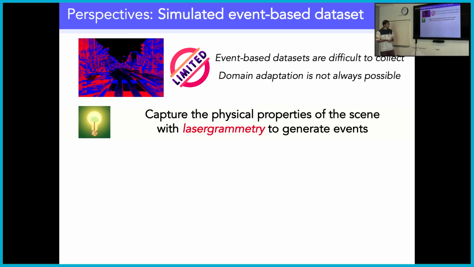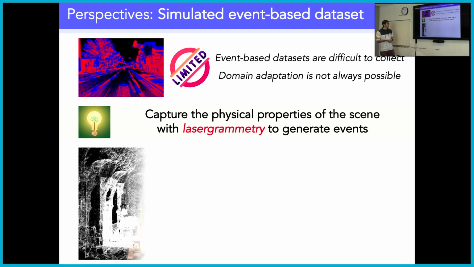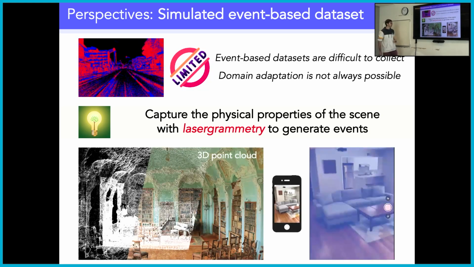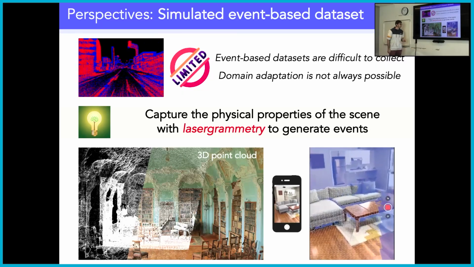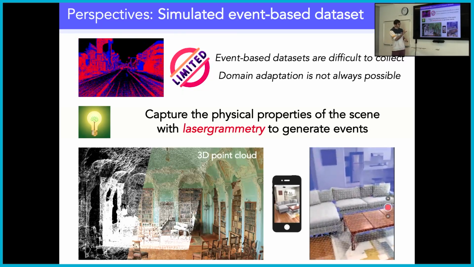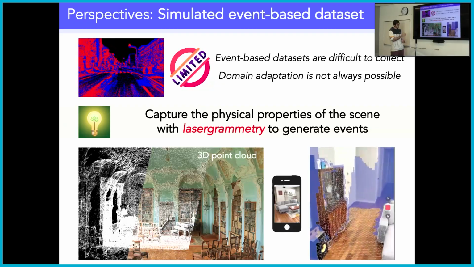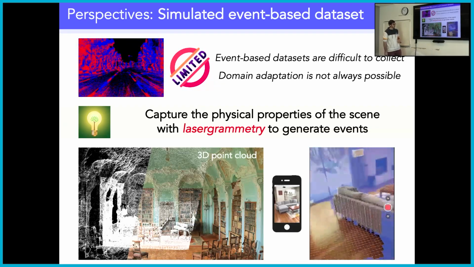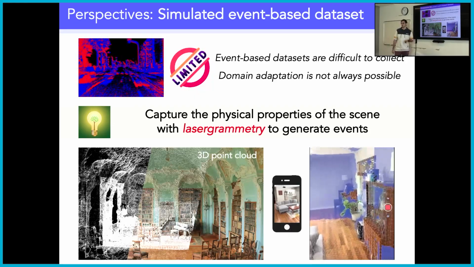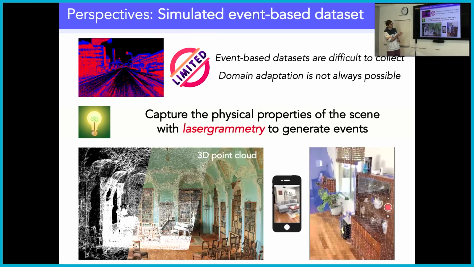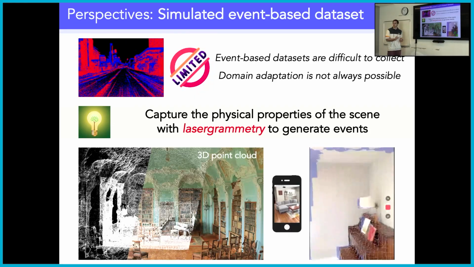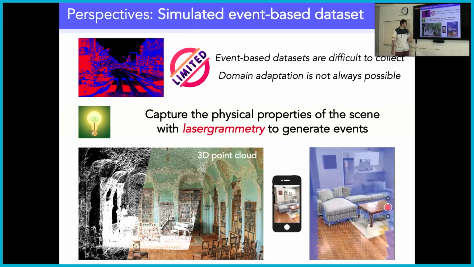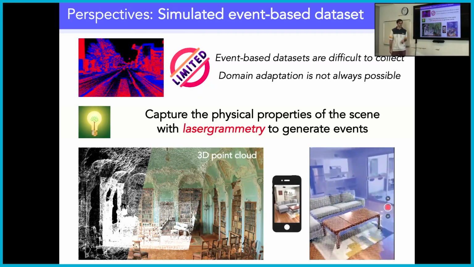But here, the idea is to use what is called photogrammetry. This is something that you can even do with your cell phone or your iPhone, so you can capture the properties of the scene. This is a collaboration with Christophe Hurter from ENAC. Actually, this is the living room of Christophe. So with his iPhone, he captured the position of every furniture, the bed, and so on in the living room. And from that, you can define a 3D mesh of the environment.